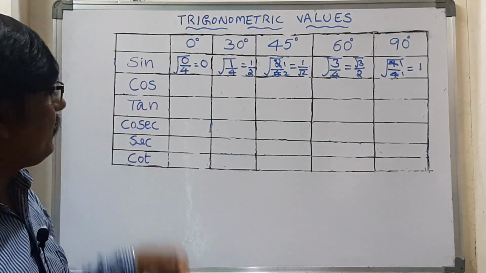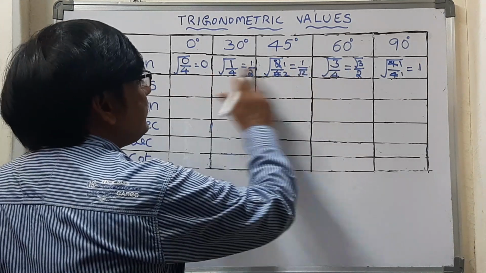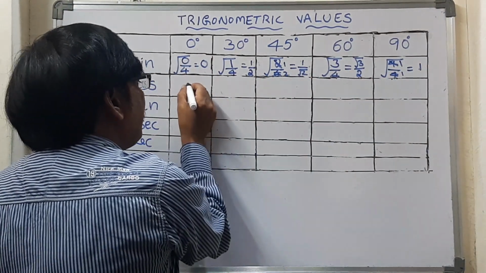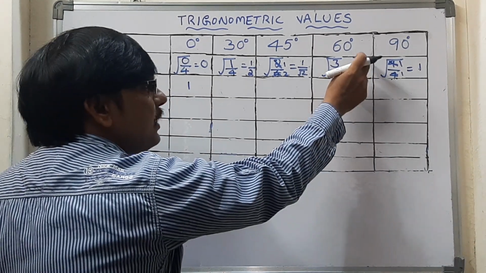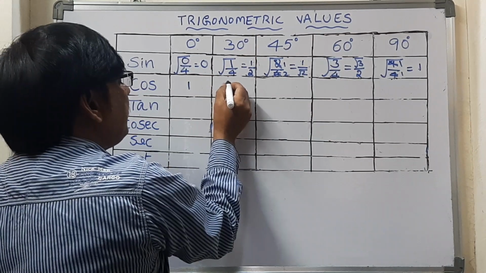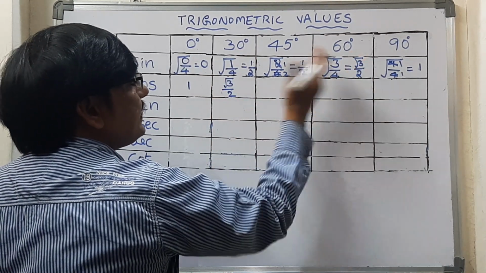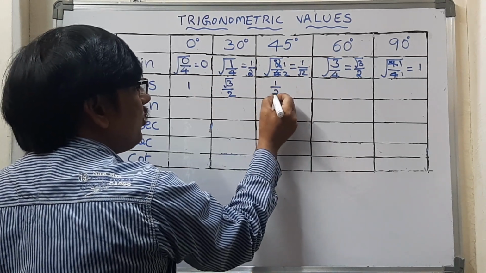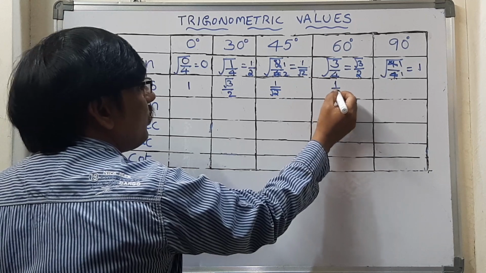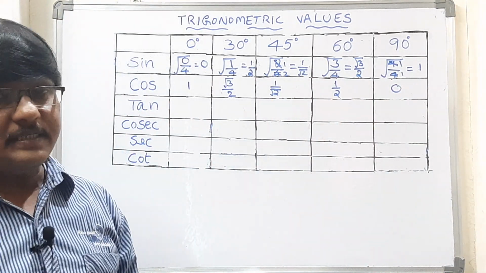Now let us go for the cos. It's very simple. What is the last value in this series? 1. Write that one here, the last value right here. The last but one value, root 3 by 2. You write that root 3 by 2 here. The next one, going from right to left, is 1 by root 2. So take 1 by root 2. Next number 1 by 2. The last one is 0. That's it. Very simple, right?